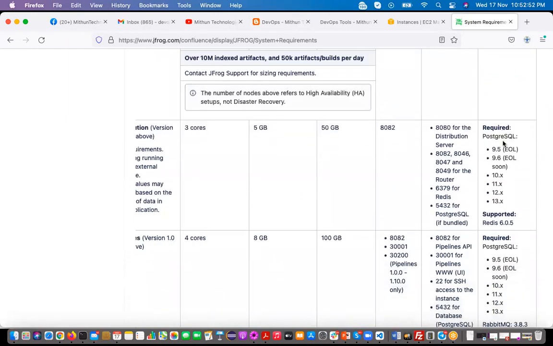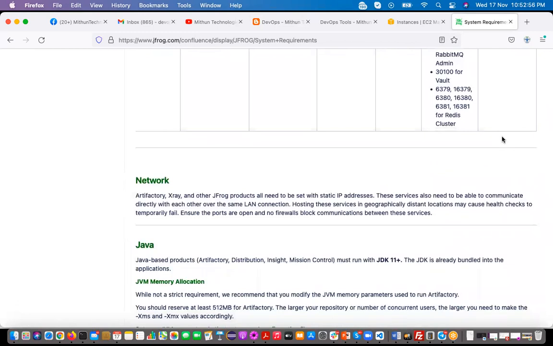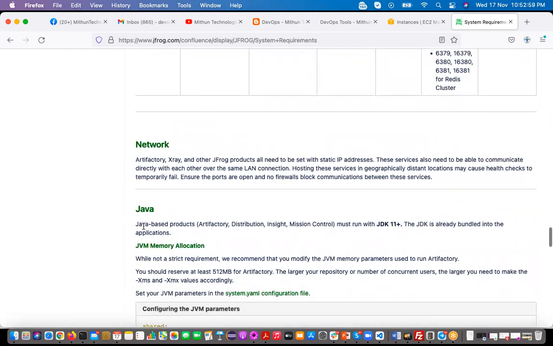Somewhere they have mentioned that Java-based products like Artifactory, Distribution, Insight, and Mission Control must run with JDK 11. So if you want to install JFrog Artifactory 7.x, you need JDK 11 plus.